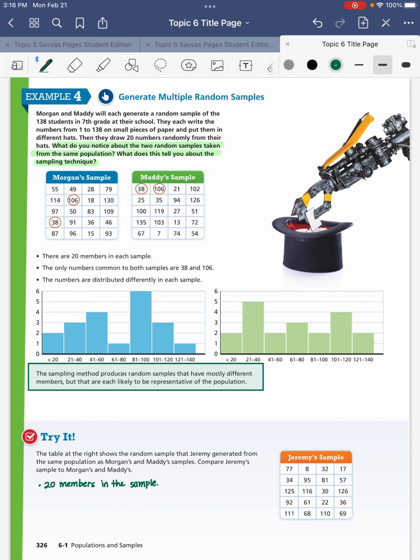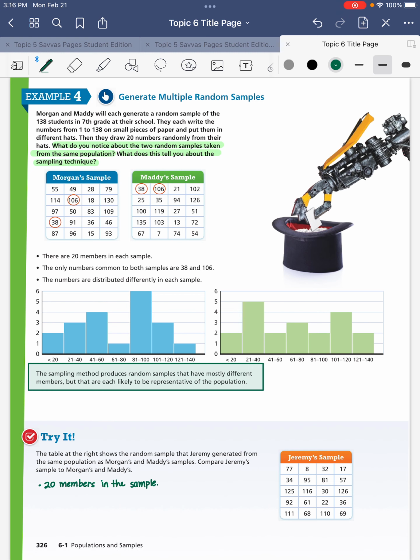Okay. What else? Let's see if there are any common numbers. So 38 and 106. Are any of those numbers in common? Because that would be interesting if all 3 had those numbers. But they don't. 38 and 106 do not appear in Jeremy's sample. But do any other numbers appear